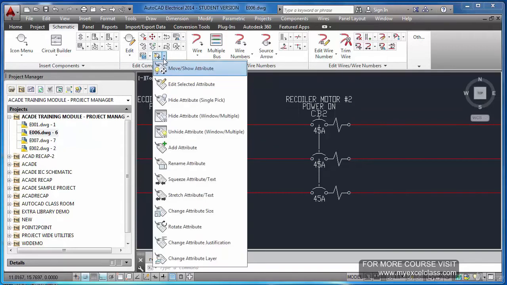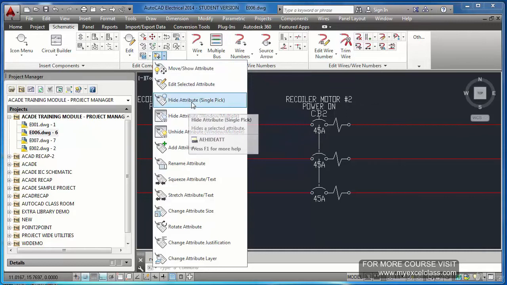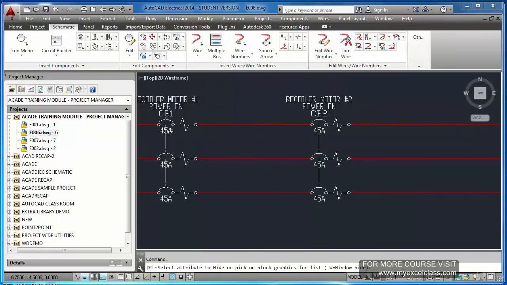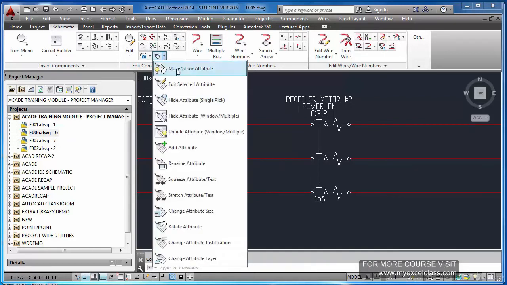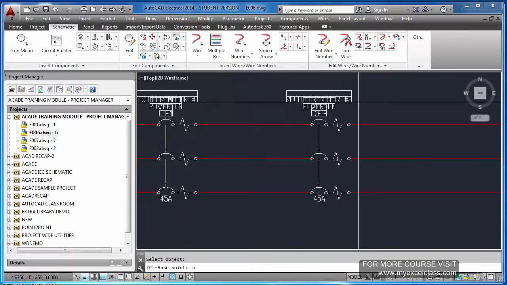And you can hide these attributes, single pick, you can hide in this way. If you want to move this attribute, you can move this a little bit up, down, select this in this way.